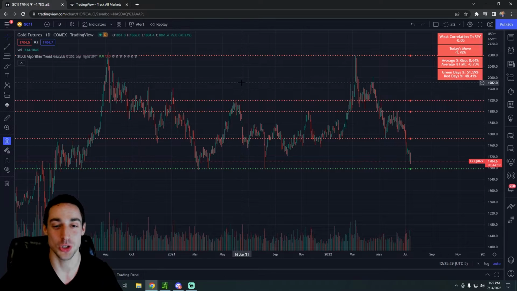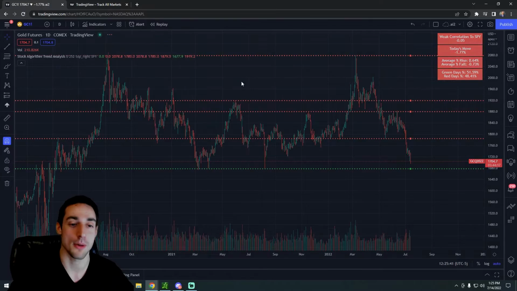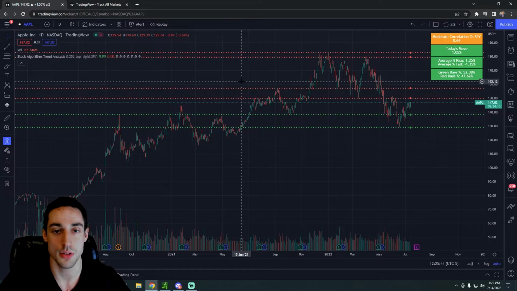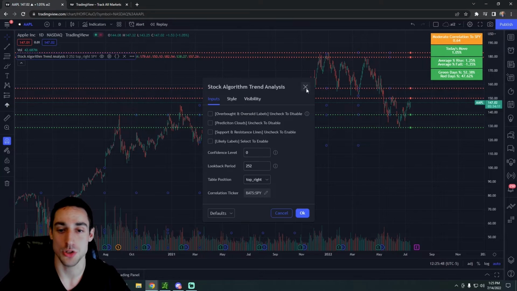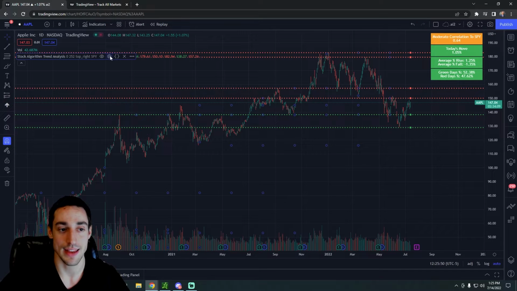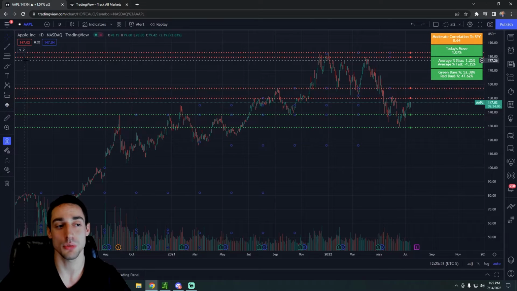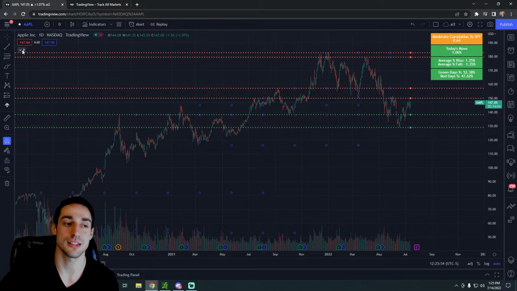But let's go back to the stock market for now. So once you are all set and you have a symbol plotted on your chart, you're going to want to click the little gears icon in the top left. If you don't see the gears icon, you probably just see some blank space, similar to what I'm seeing now. If that's the case, make sure to click the little drop down arrow,